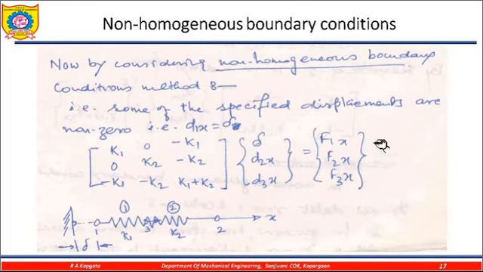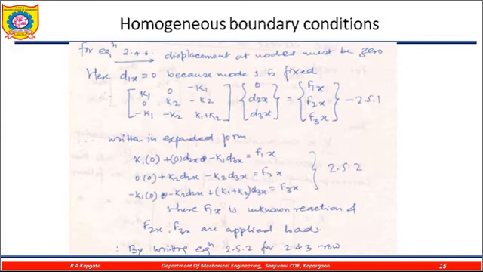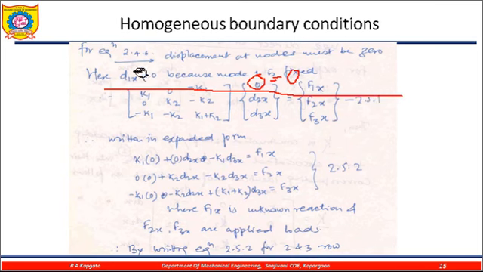Now if there are non-homogeneous conditions, what does that mean? In the last one here, this is the value of 0. Why is this 0? Because my boundary condition is fixed, meaning there is no movement. If there is no movement, then that is equal to 0. So if we put 0 here, I remove this term, put in this equation, invert this parameter, get the inverse and get the solution. That is one answer.